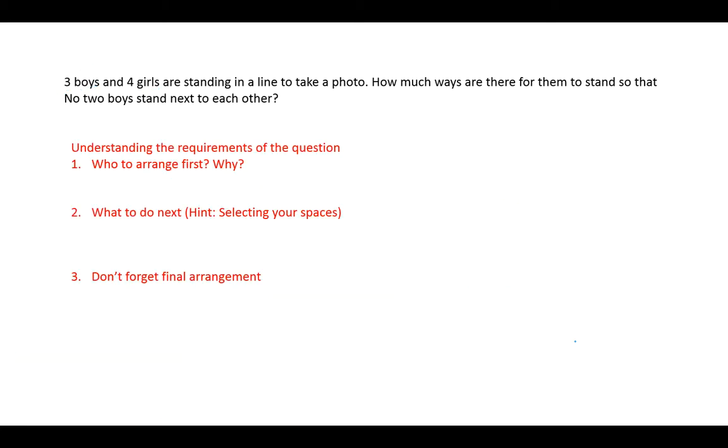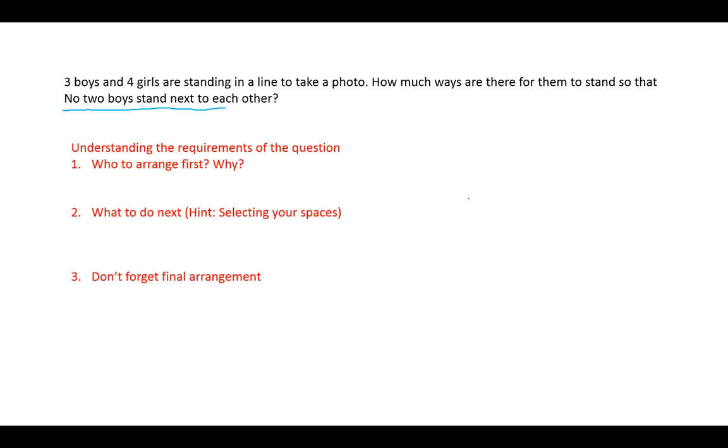Okay, so I have 3 boys and 4 girls who I have to help stand in a line, and I have to make sure that no 2 boys stand next to each other. Now the point is, there are many ways of approaching this, but the simplest way is, and remember this, in a question like this, when you have 2 sets of items and you have been asked that two items of the same set cannot be put together,